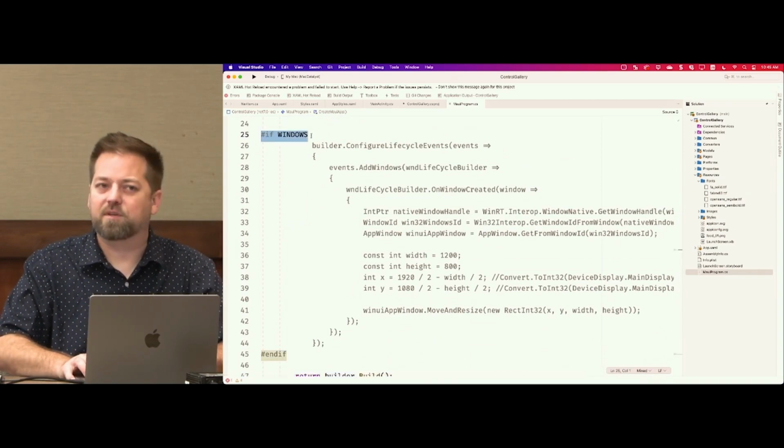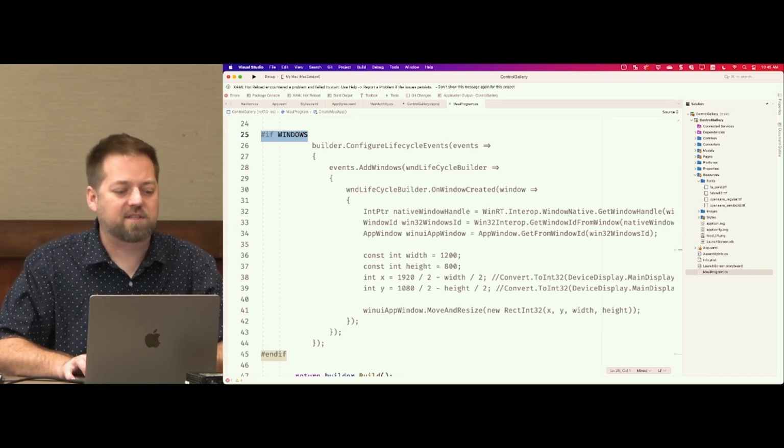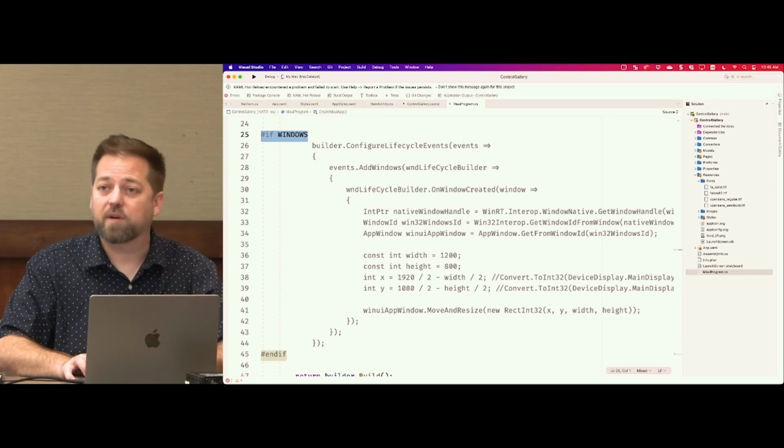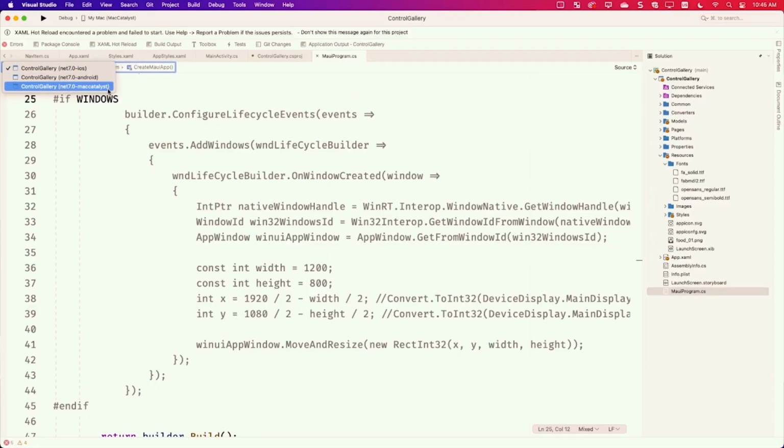Is anybody familiar with this? Do you know what that's called? No? Conditional compiler directive, yeah. So we call them if-defs. So essentially what this is saying is that this code right here will only run if I'm targeting Windows. Right now, I'm targeting iOS, Android, or Catalyst. So no matter what I pick here, this